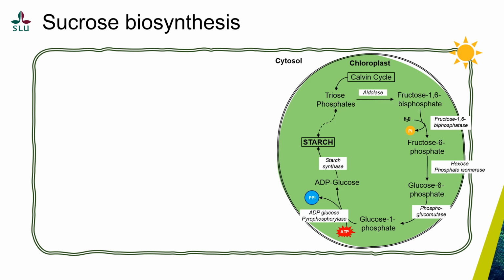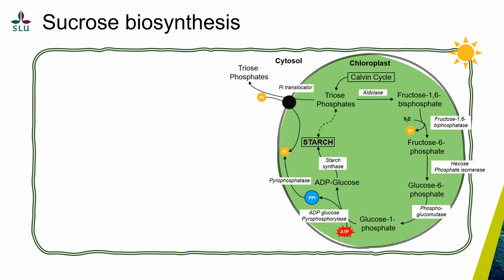So the Calvin cycle leads to starch synthesis, and this is transported as triose phosphate by the phosphate translocator, which takes a phosphate in turn to the chloroplast when it is moving the